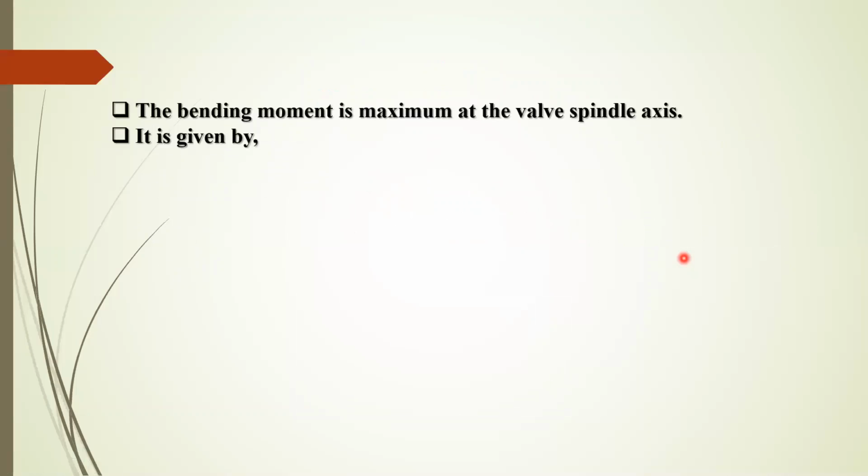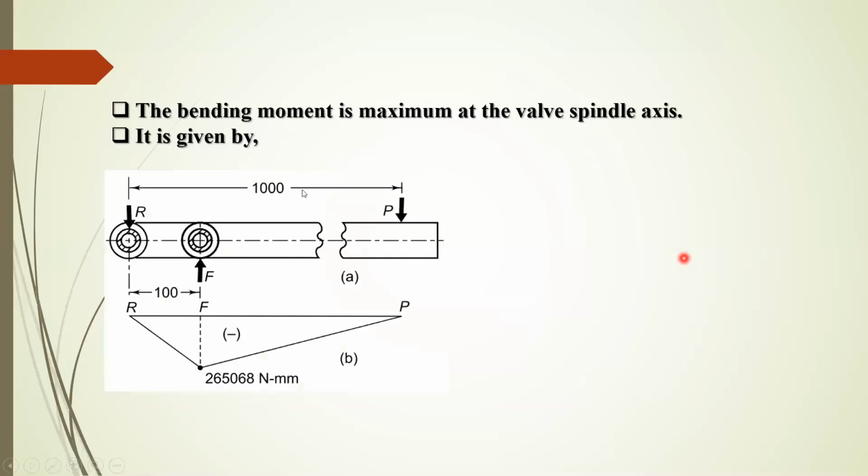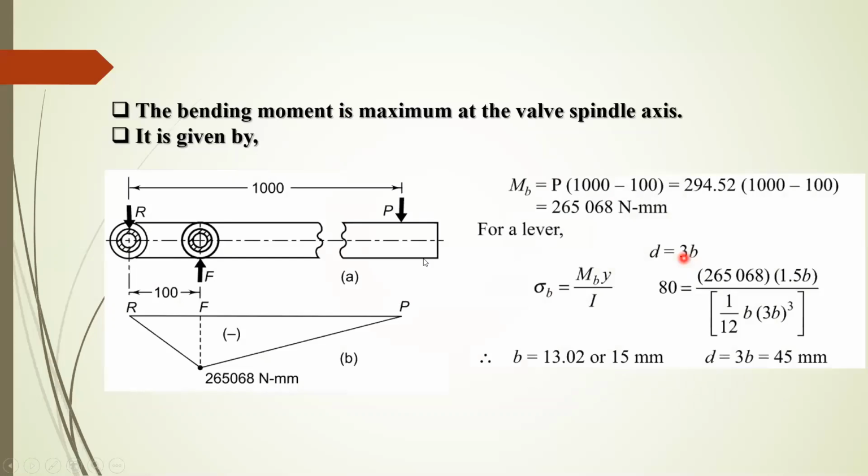of the lever. To calculate the cross section of the lever, we have to consider the bending moment and bending stress in the lever. In the diagram we can see how the bending stress will act. The maximum bending stress will be at EF, where the force is acting, at this section. In the bending moment diagram, at the point EF there will be the maximum bending moment, and the bending moment at the end is 0. So how do we find the bending stress?